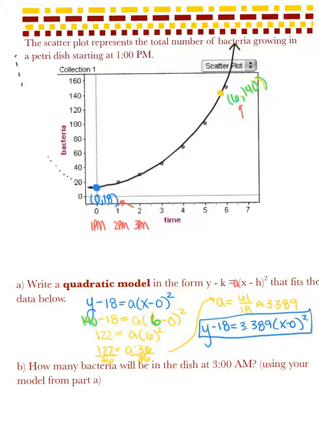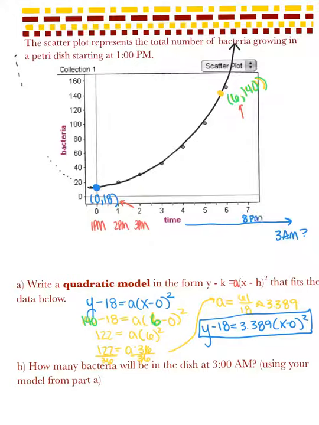So now that I've got a model to fit how this bacteria is growing in this petri dish, the next question says, how many bacteria will be in the dish at 3 a.m. using your model from part A? So let's think about this. If they told me that time 0 was 1 p.m., I need to figure out what x value I am plugging in for 3 a.m. So if this right here is going to be 8 p.m.,